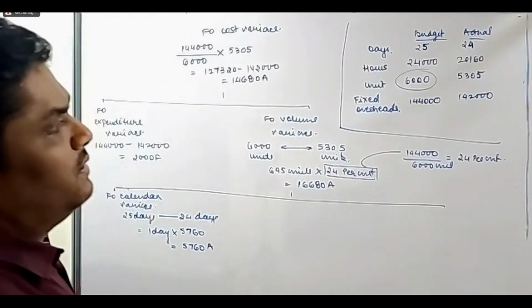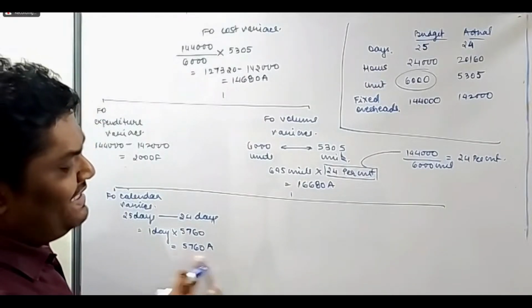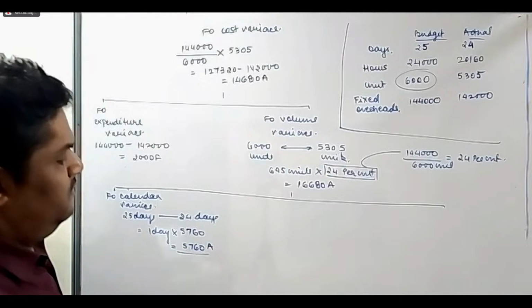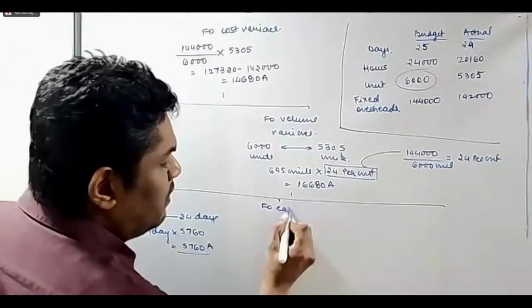So $5,760 adverse. Now next is fixed overhead